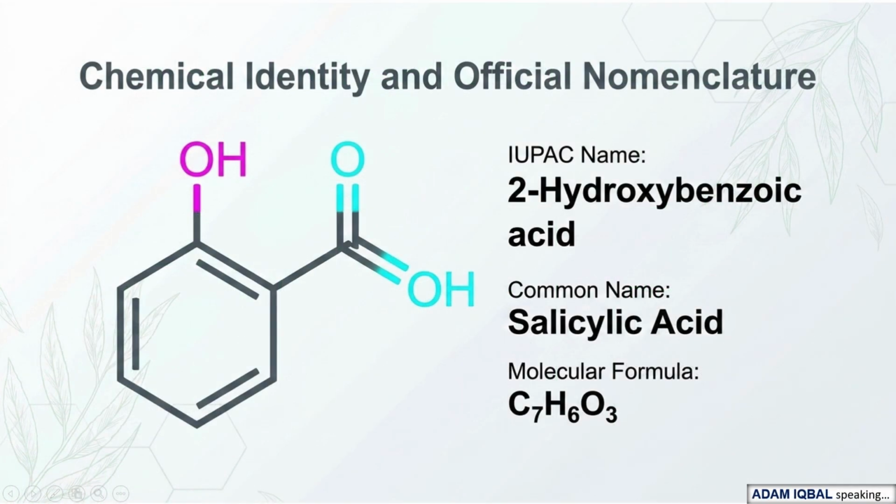Now, let's move to the next part, where we need to know about the chemical identity and the official nomenclature. First things first, based on the diagram, we need to know the IUPAC name, common name, and the molecular formula for this compound. The IUPAC name for this compound is 2-hydroxybenzoic acid. It comes from the carboxylic acid group. The common name for this compound is salicylic acid, while the molecular formula is